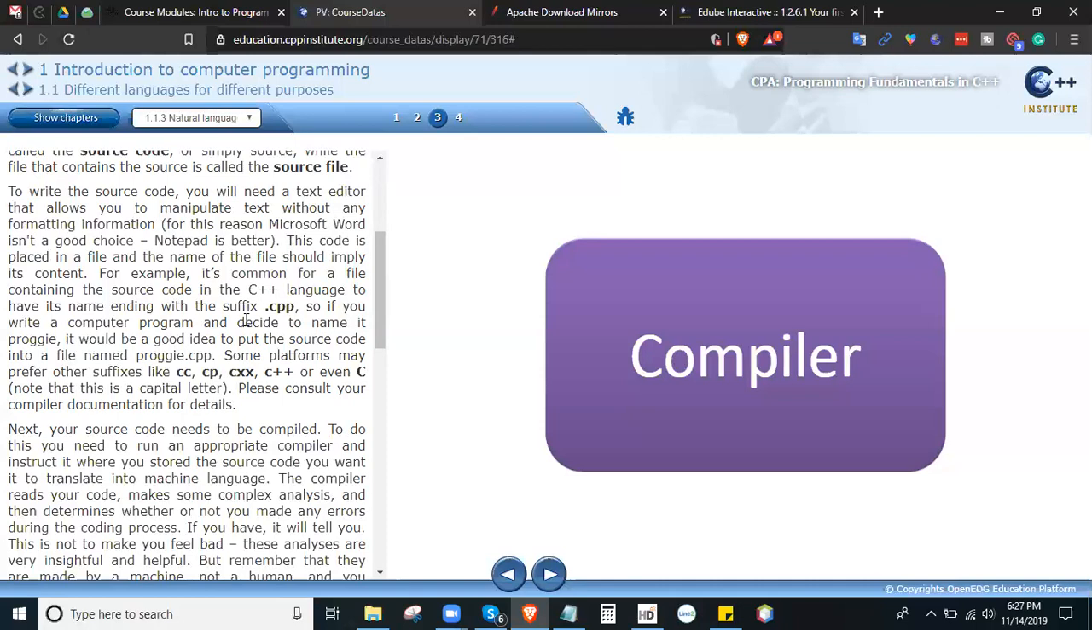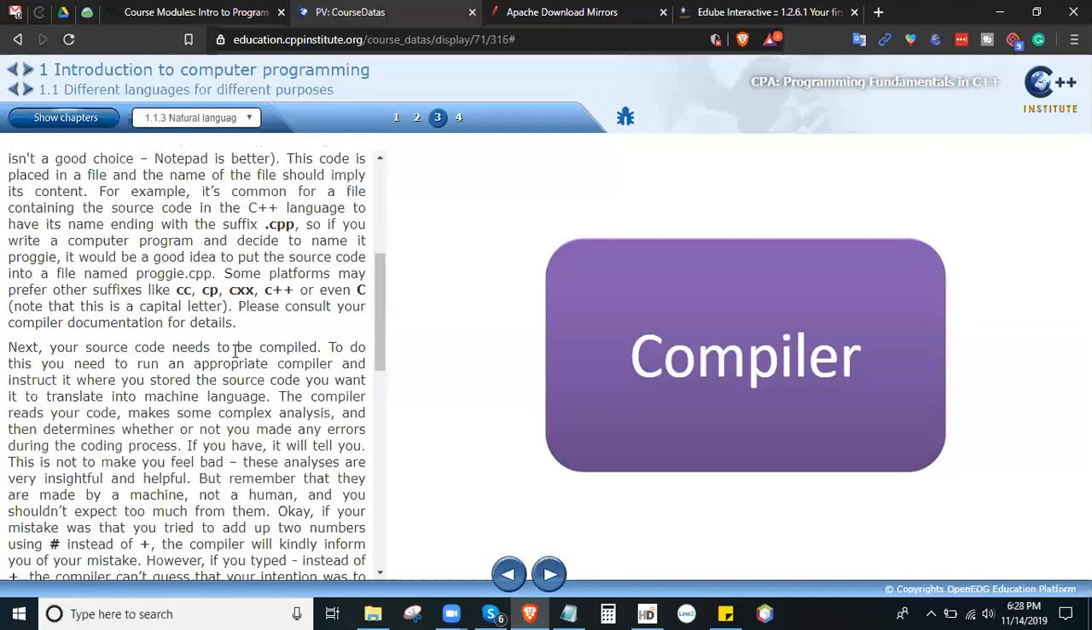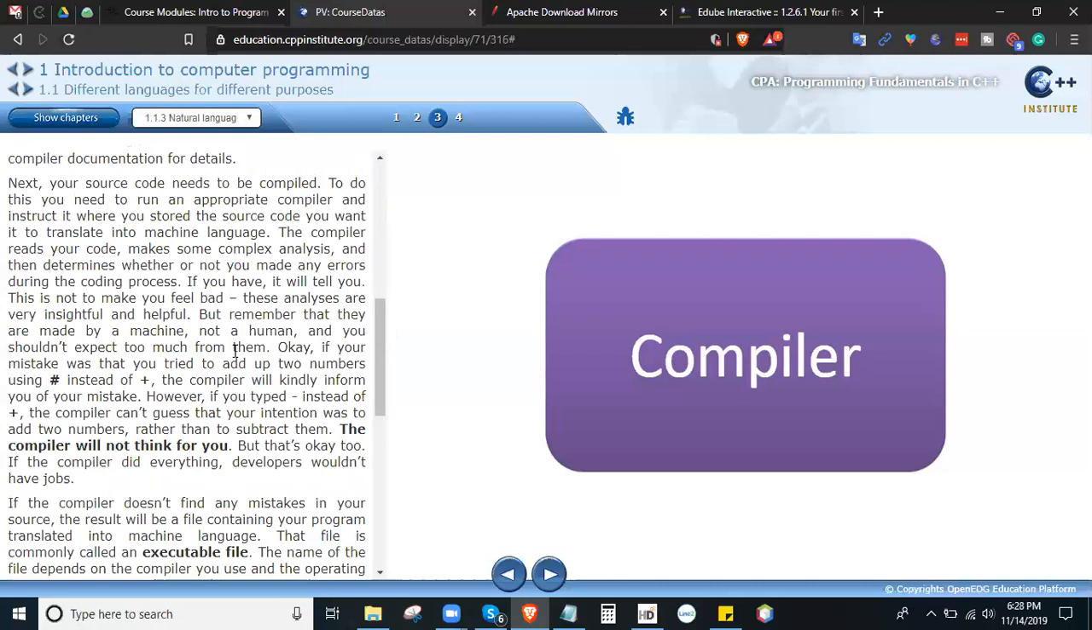The compiler reads your code, makes some complex analysis, and then determines whether or not you have made errors during the coding process. If you have, it will tell you. This is not to make you feel bad. These analyses are very insightful and very helpful. But remember that they are made by a machine, not a human,